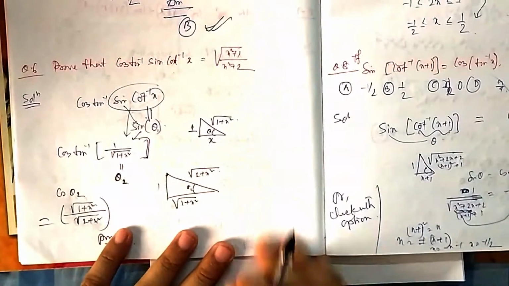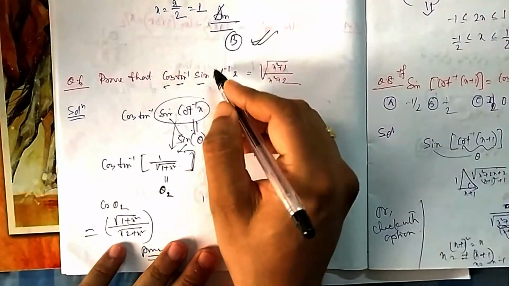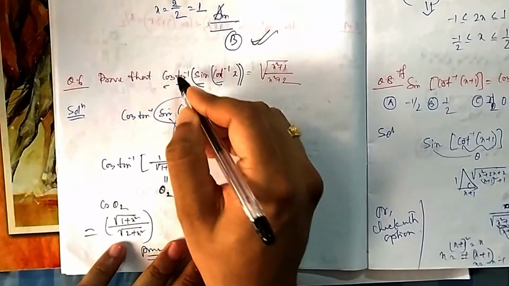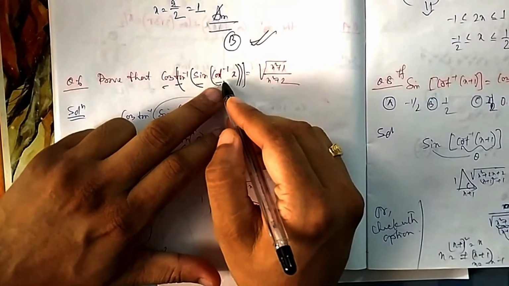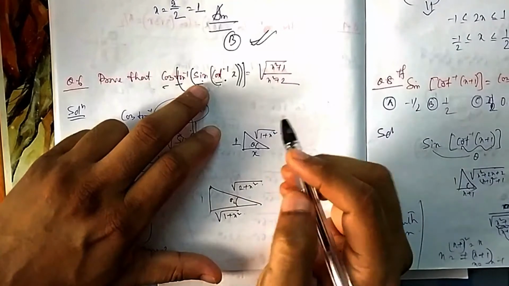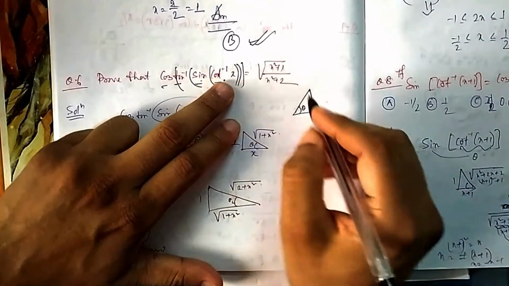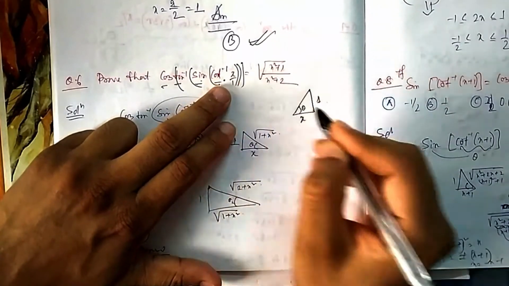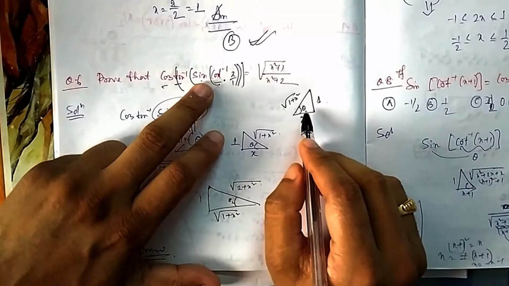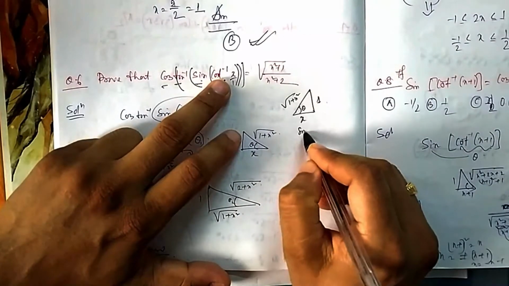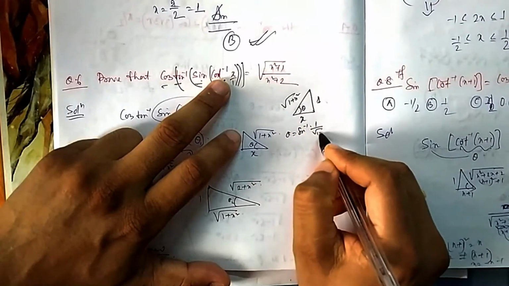Now if you come to question number 6, prove that cos of tan inverse sin cot inverse, this one first, then this one, then this one, they are just one inside another. So you try one by one. First you change this cot to sin, so that sin and sin inverse get cancelled. So how to change from cot to sin? This is theta and cot theta is x by 1. So what will be this one? Root of 1 plus x square. So what will be sin of this one? If you change it to sin inverse, then sin theta will be equal to 1 by this one.